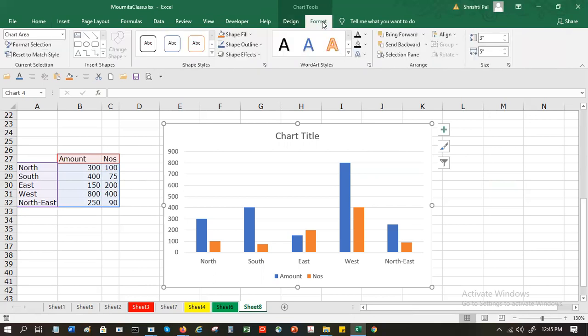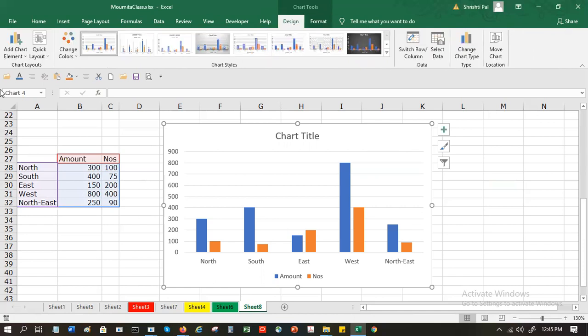Format is the color, the style, the font color and all those kind of things. And Design is all about the chart. So it is not going to show if the chart is not selected.